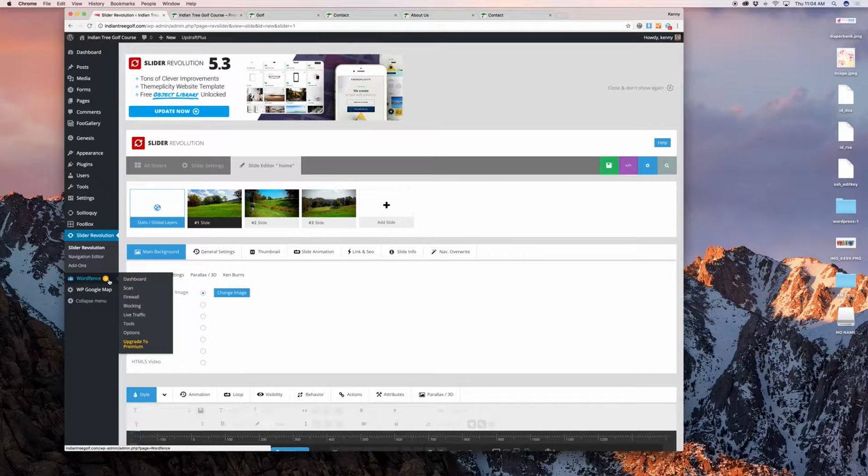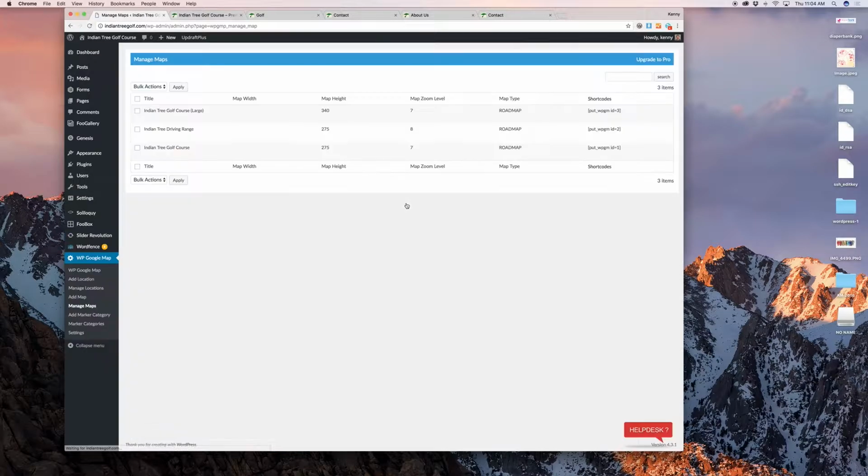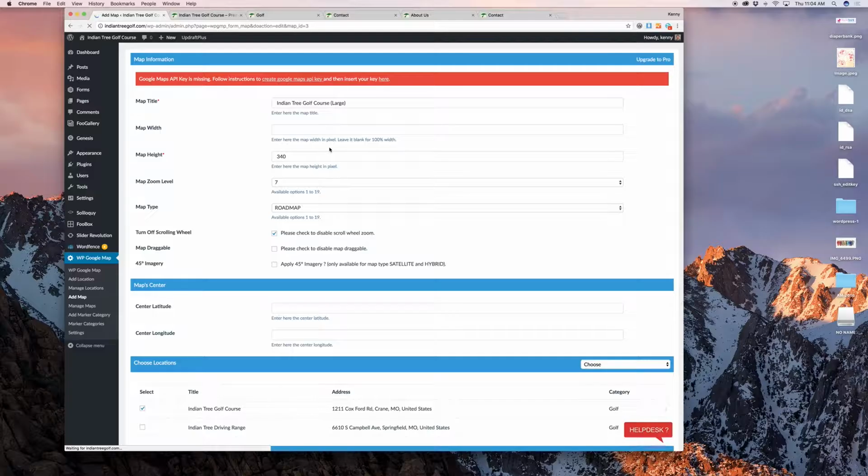WordFence is for security, and you don't really need to worry about that, but we have it on there to make sure that your website is well protected. And then we have WP Google Map, and let's go to Manage Maps here. We have two maps that are appearing, three I guess, but with just a couple locations here on the site. And we have locations within each one of these. And so if we click Edit on here,